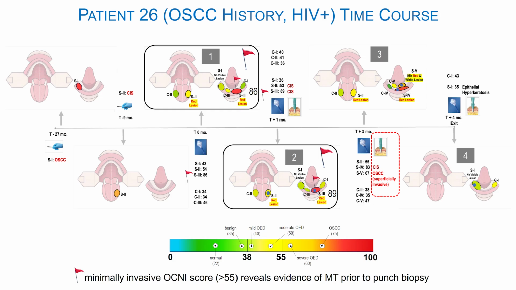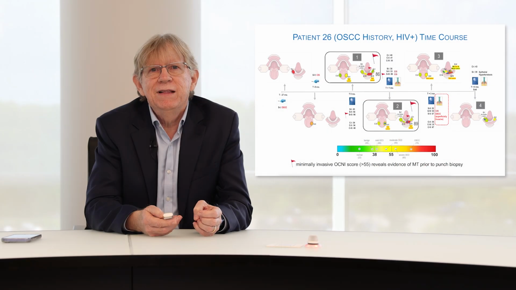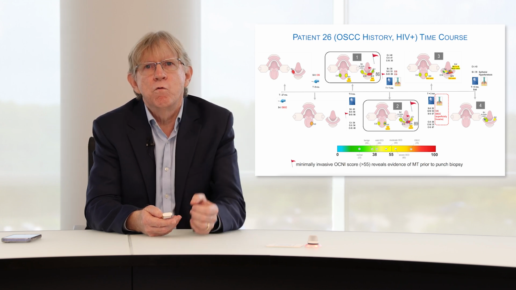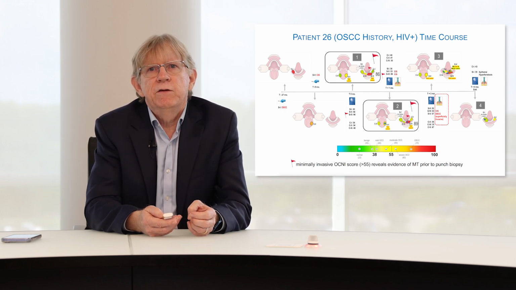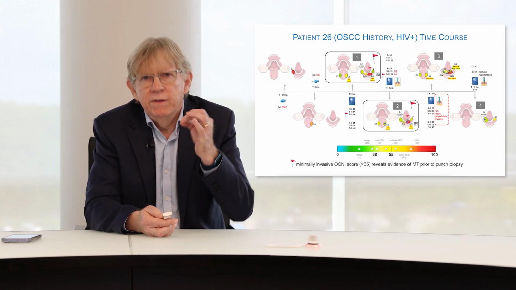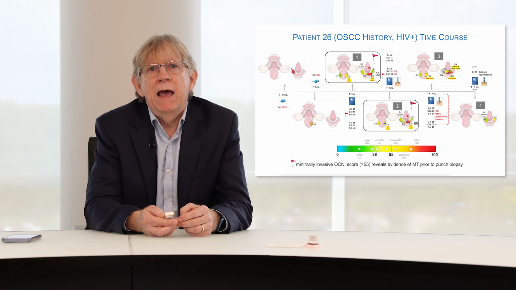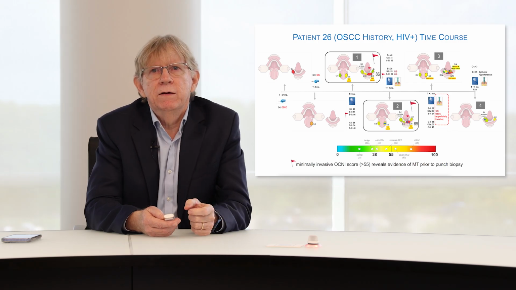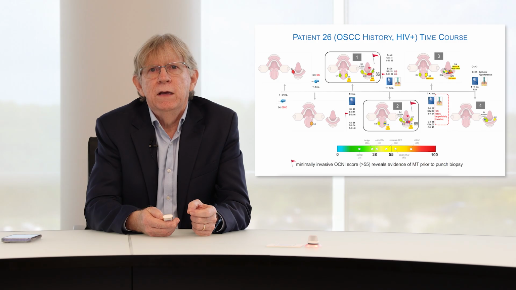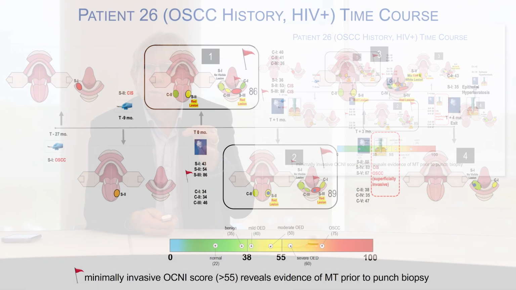On the second visit, same thing. And we went from 1 lesion, which is very troubling, beginning at 86. Now it's up to 89. So this lesion is getting worse. But we pull out, again, 2 visits before the clinical visit results in a scalpel, or in this case, a punch biopsy. And at that moment, 83 is found in the cytology. And so this is a more